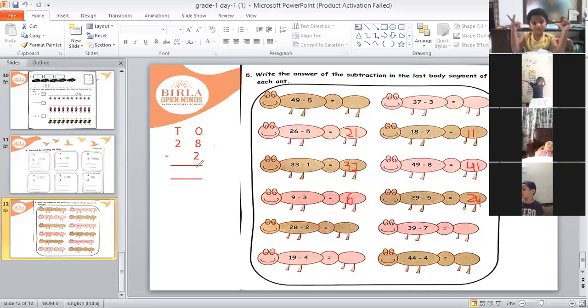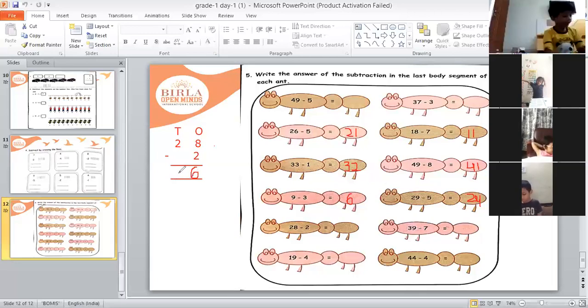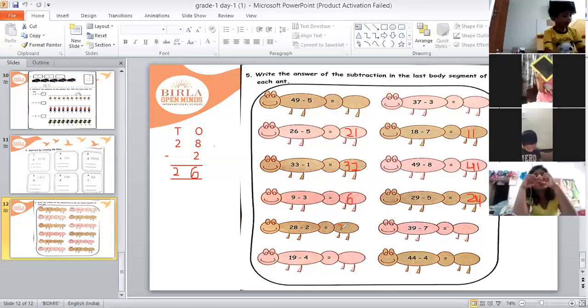6, ma'am. Yeah, so we'll write 6 in ones place. And what we'll write in tens place? 2. Yeah, so what is the answer now? Hanvit, answer. 26. Yeah, answer is 2, 6, 26. So we'll write here 2, 6, 26. Right, so we can do subtraction by using our fingers also. What we have to do, we just have to take out fingers according to the first number, and then we have to remove fingers according to the second number. Right?